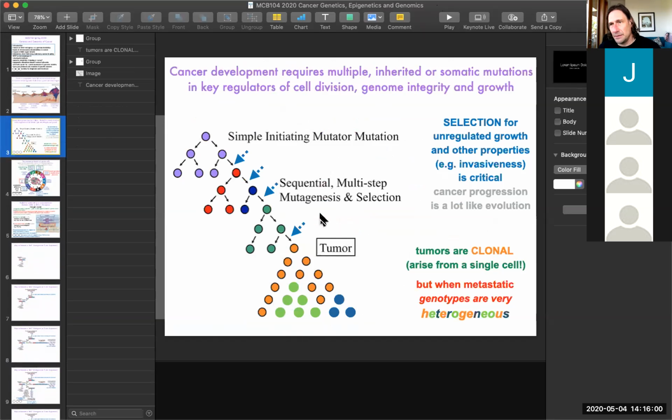So you have many cells in the tumor, and you have many different types of cells. But even among just the epithelial cells, or those cells derived from epithelial cells,